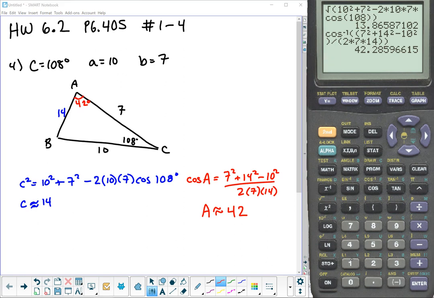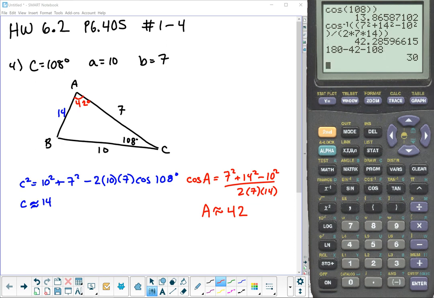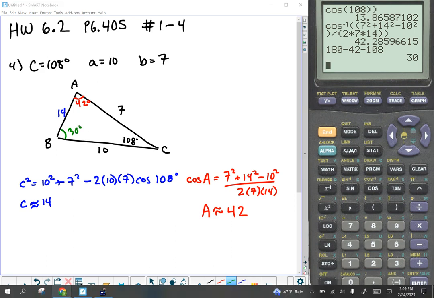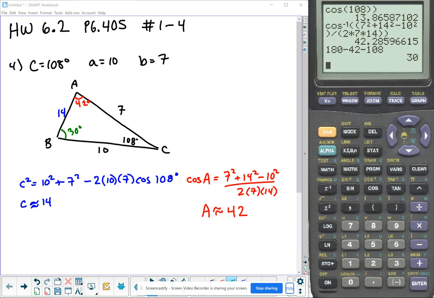Which means I can use 180, take away 42, take away 108, and that will give me angle B, which is 30 degrees. All right, so that's a wrap. See you on my